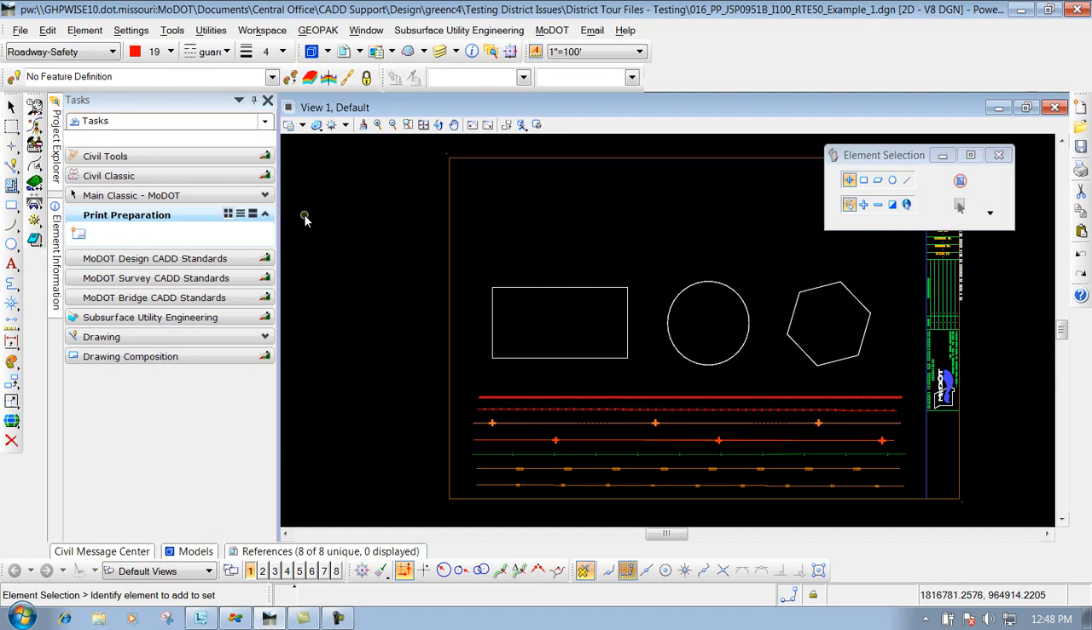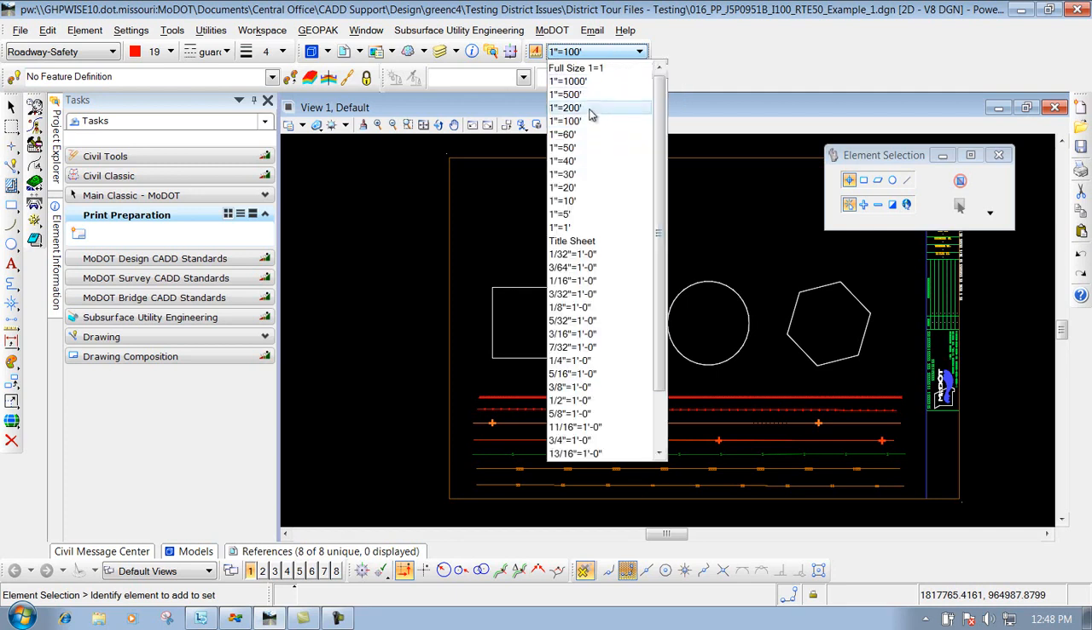The annotation scale, that is whenever you would come in here and set your annotation scale to whatever size the border is. That way your line styles will show up correctly, your cells that need to be scaled up or down according to that scale will size correctly, your text will be placed correctly, dimensioning,